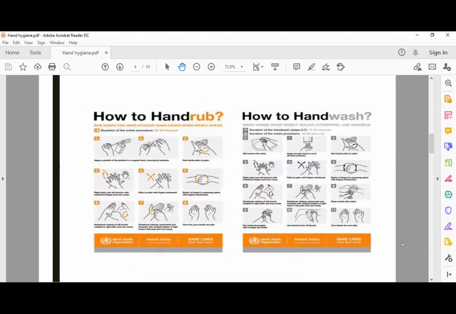So this is basically the poster on how to hand rub and how to hand wash. When there is visible soil, hand wash is needed, and hand rub is the best alternative if water and soap are not available. But hand washing is the highly recommended hand hygiene practice, as it can reduce illness in people with weakened immune system by 58%. So next